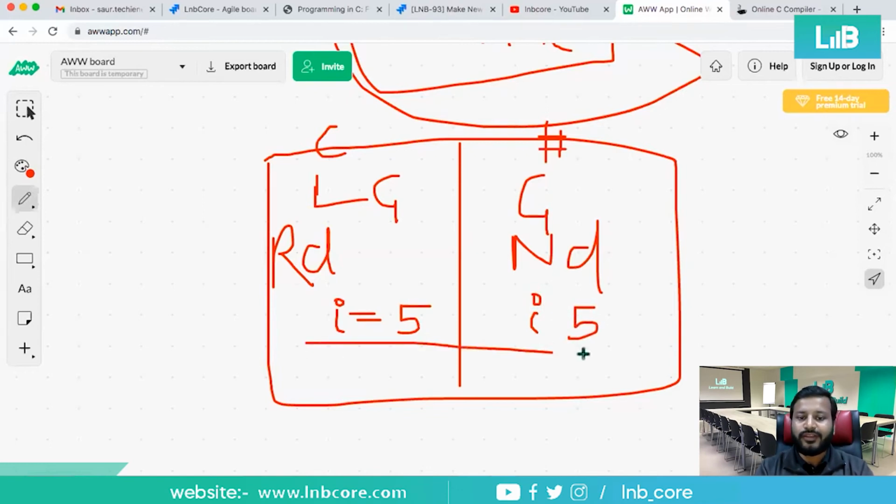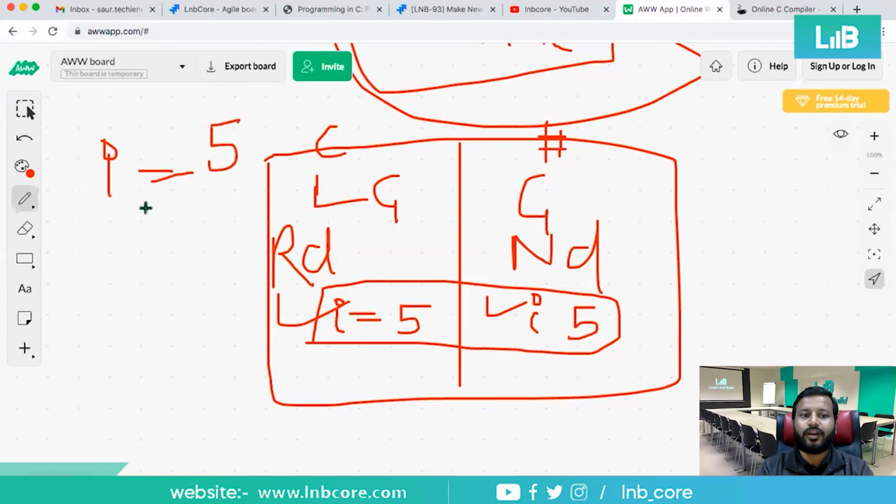This will be always fixed for the entire program, depending whether it is global or local. If it is global, this will always be global, then the value of I will be fixed. If you want to change the value of I further anywhere in the program, it will not be possible.